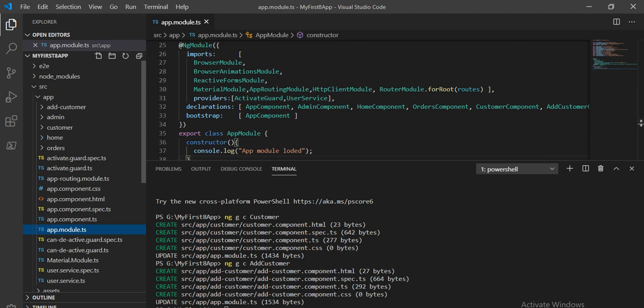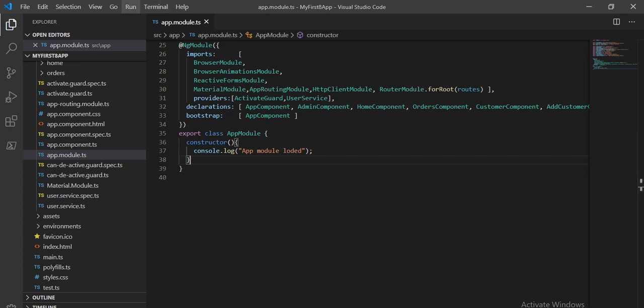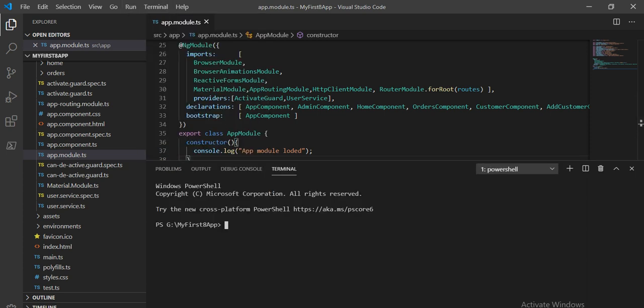Now let's create a guard first. Go to the terminal again, and we know the command to create a guard: ng g guard, and we will name it can child guard.